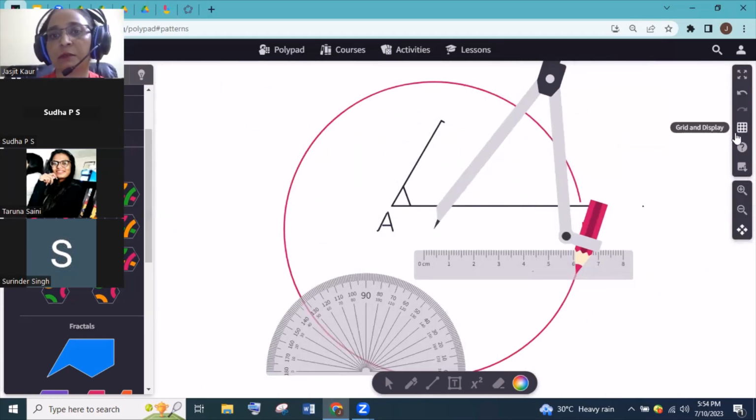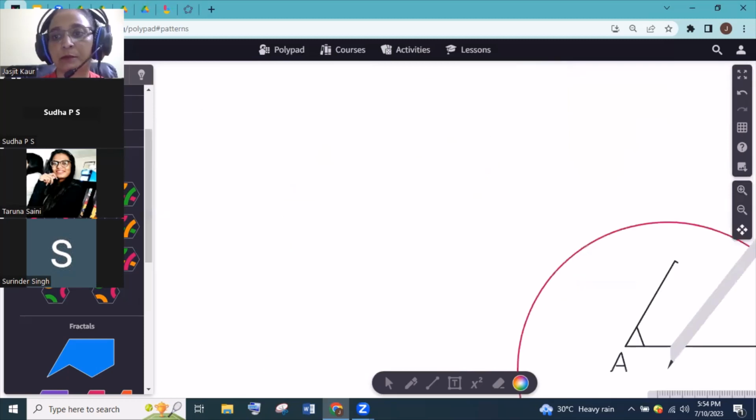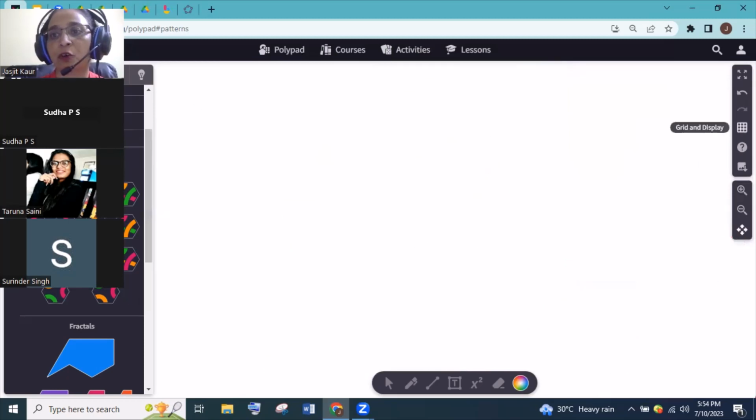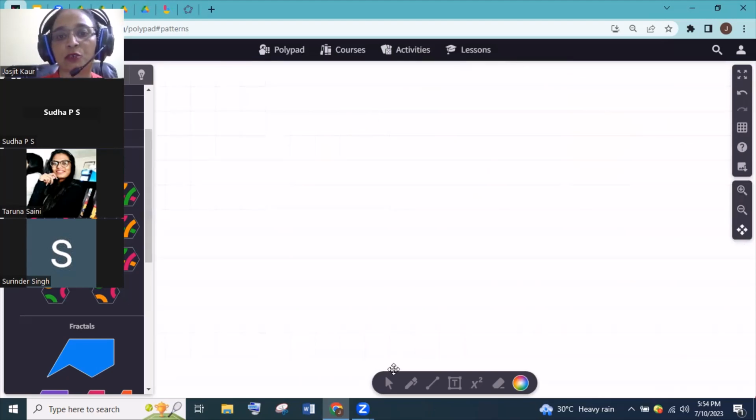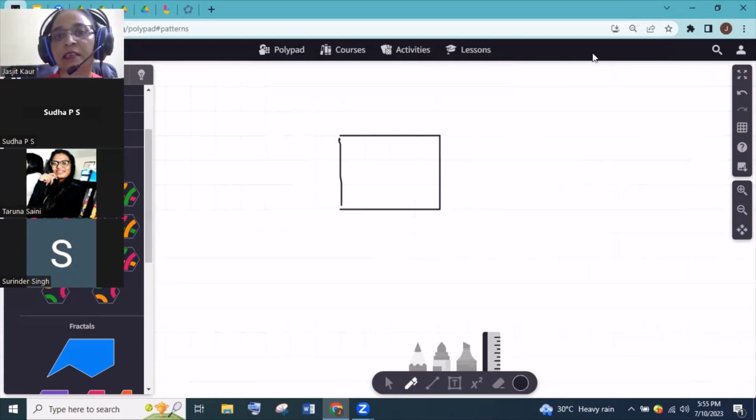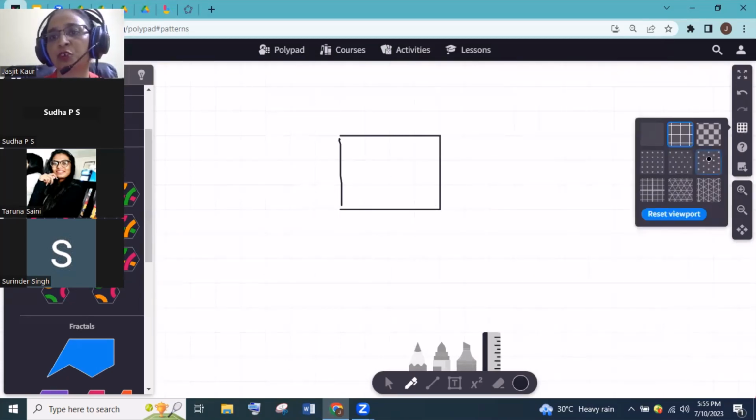Let me clear it. For the purpose of making plots, you can show the students different colors for that also. How many sides are there? Make them the square and understand it. Ask them to make rectangles with the same shapes. This is the way you can help the students. Join the dot.